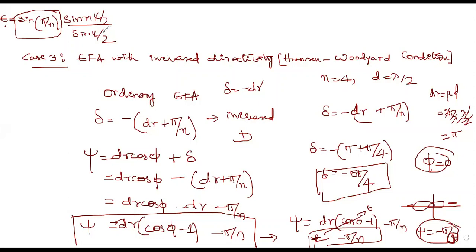That is, directivity is given with an additional phase shift, and the spacing is given by the equation d is equal to lambda by 4 into (1 minus 1 by n). So over very long arrays, these elements can be considered for quarter wavelength spacing, that is lambda by 4.